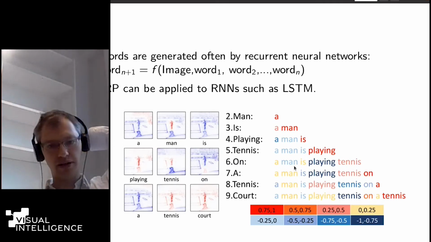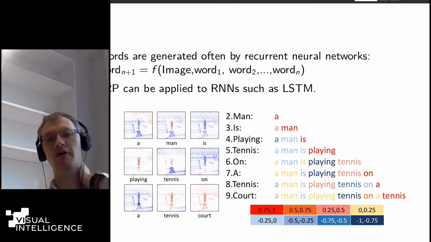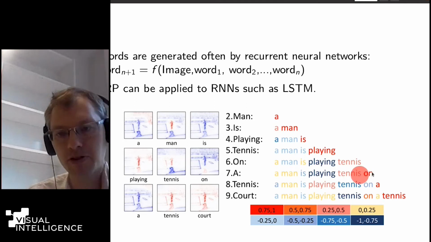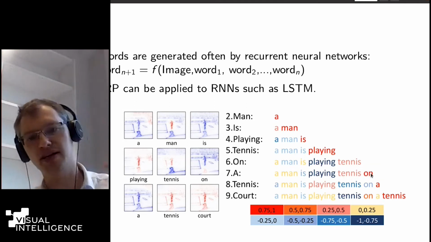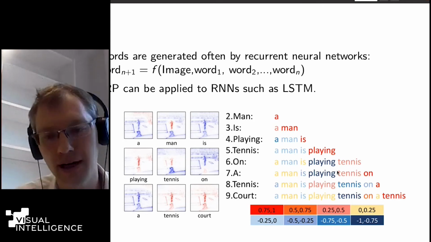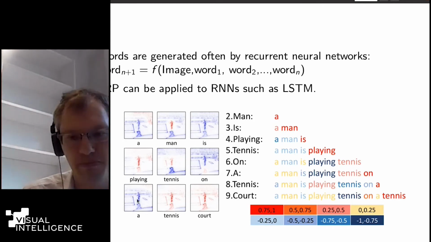But then you can also look at words like on. When I predict on, there is no evidence in the image for predicting on. You predict on because you said before tennis. So that already looks like the neural network has learned to memorize some grammar structure.